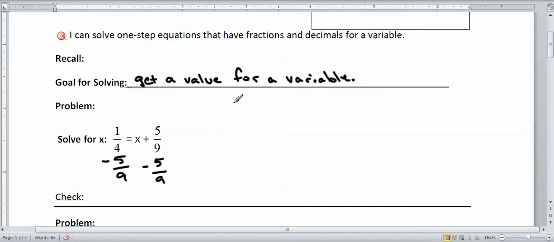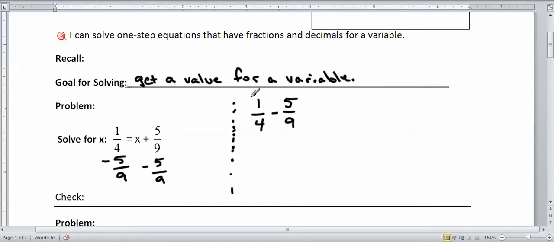Now over here, I'm actually going to do the subtraction, because remember, subtraction of fractions is a little bit more in depth than subtraction of just regular numbers. So I'm going to take 1/4 and subtract 5/9. Okay. Now, to subtract these two things, I have to get a common denominator. Right now, they're not subtractable because I have a 4 over here and a 9 over here. Now, unfortunately, my least common denominator is going to be 36. Okay? And that's because that's the lowest number that's divisible by both 4 and 9